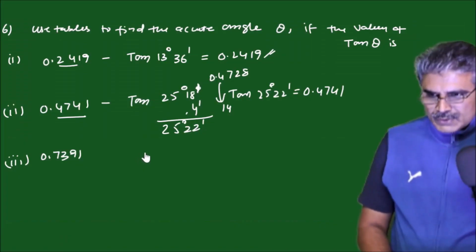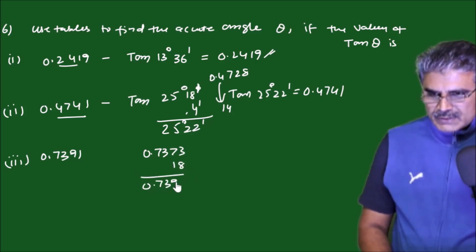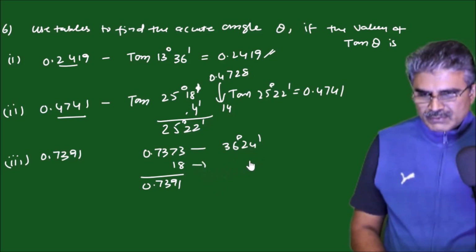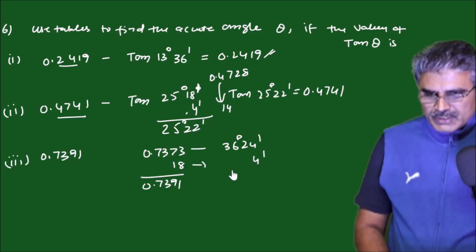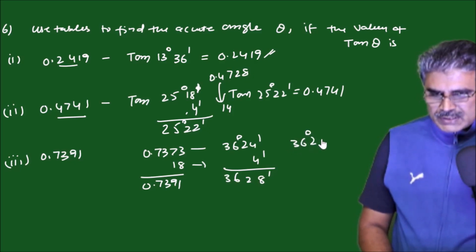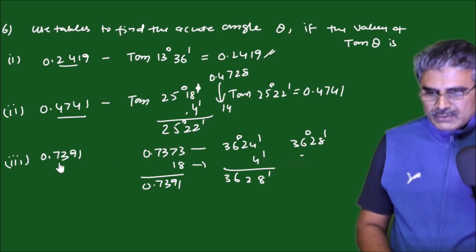And the angle is 36 degrees 24 minutes. So I am splitting this one into 0.7373 and an extra 18 we are adding to get the sum 0.7391. So this 7373 is available at 36 degrees 24 minutes, and the extra mean difference 18 is available at 4 minutes. So if you add these up, you will have 36 degrees 28 minutes. Tan 36 degrees 28 minutes will have a value of